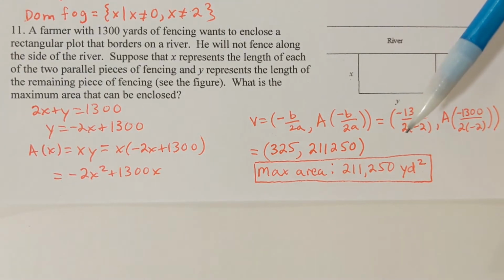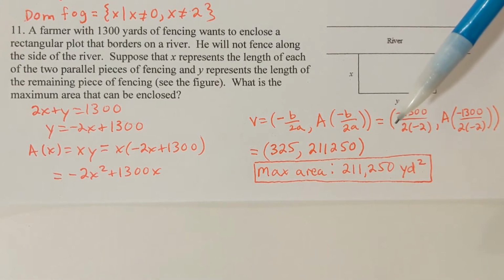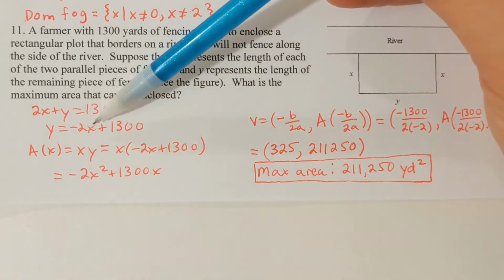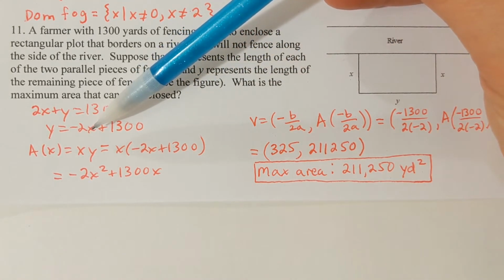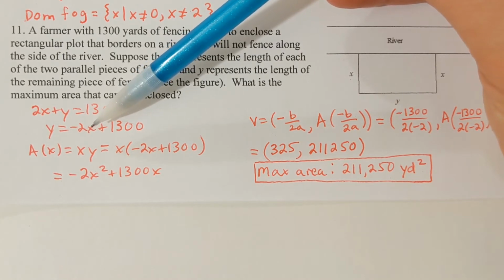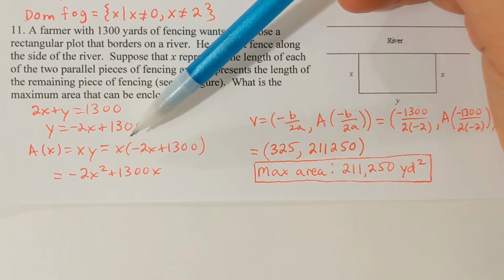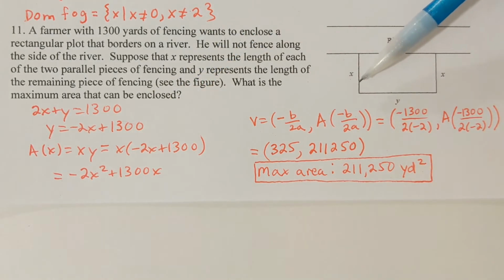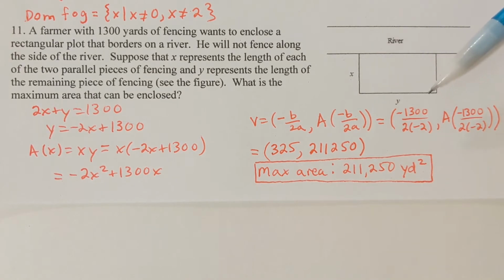They're not asking for it, but if they wanted to know the dimensions of this rectangle, we could very easily get that. X has to be 325 yards, and Y would have to be, let's see, -2 times 325 is -650 plus 1300, that would be 650. Okay, so x is 325, y would be 650. So kind of how I drew this here, with y being twice x, would be the rectangle that produces the